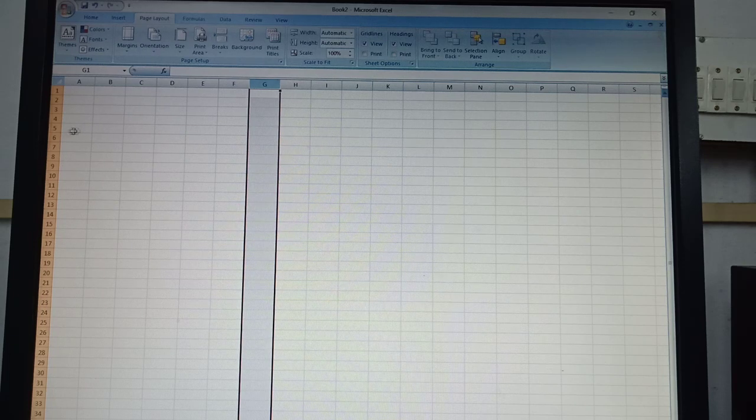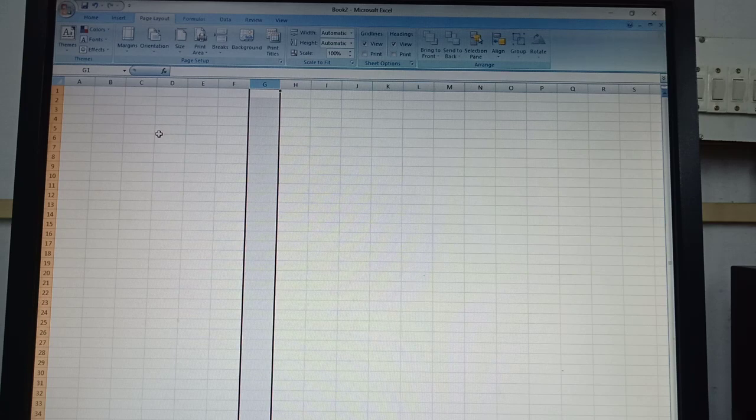Now we will learn how to create sequences very easily, like 1 2 3 4. Say, for example, we have to type 1 2 3 4, and we want to print the numbers 1 to 1000. In that case, in MS Excel, we do not need to write all the numbers from 1 to 1000.